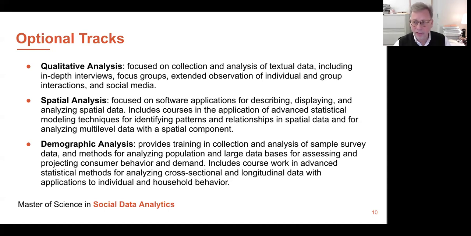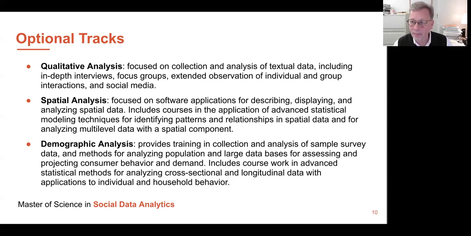So these are options available to students. You don't have to do it. What we generally recommend students to do is to come out with a broad set of experiences with different kinds of methods. And in fact, what we've learned from our graduates who are now working in industry is that what separates them from their peers in the workplace is that they have strong training and competencies in advanced statistical analysis, but they also know how to work with qualitative data.